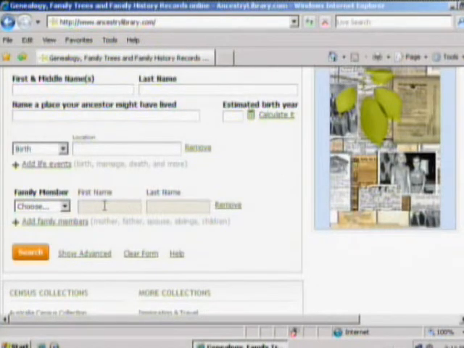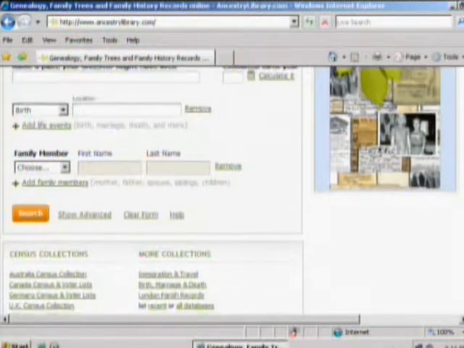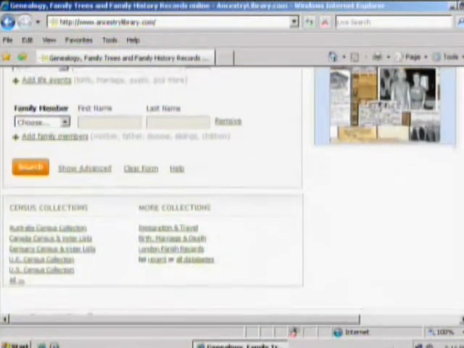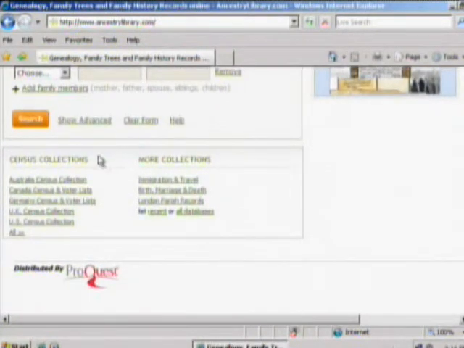And that's going to, as I said, further refine your search, especially searching on a big name like Smith or Jones or Collins for that matter, in trying to wade through the millions of records that are in here. So any little bit of information that you have, or any hunch or theory that you might have, try to plug it in and see what kind of information you get, because you never know where your hunches are going to lead, and certainly they'll point you in some kind of new direction.